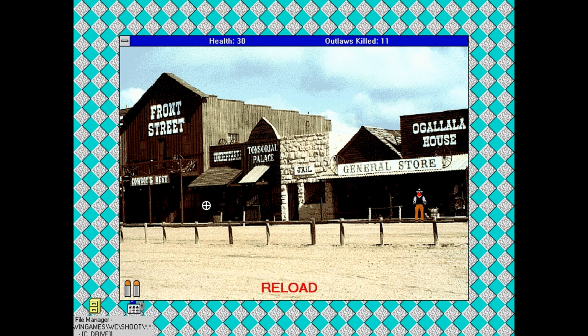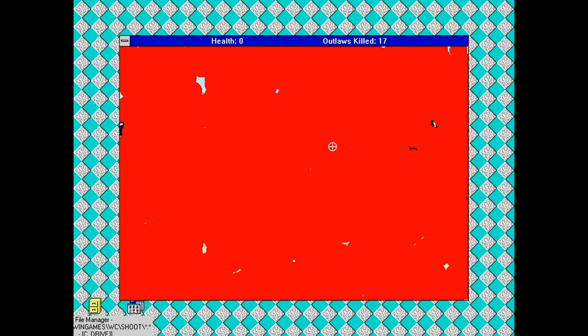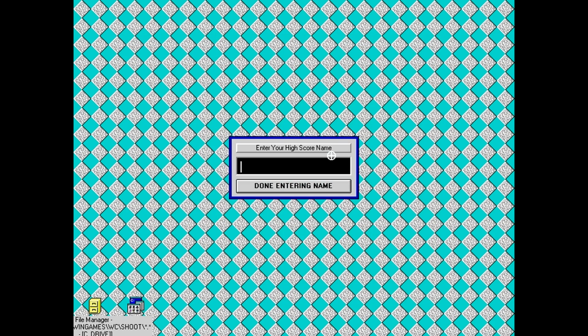They shoot so fast. I'm guessing that it's probably because of the speed that I'm emulating Windows at here. Also, that music is really annoying. Yeah, this is... So what happens when I die? Okay. Enter your high score name. That would be me. The enter key...